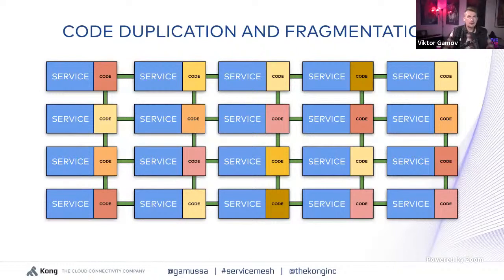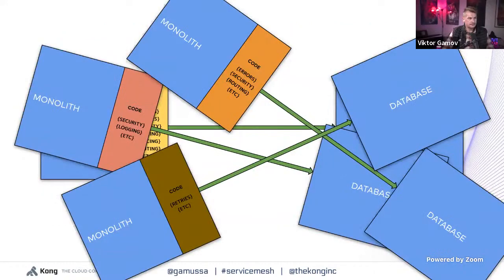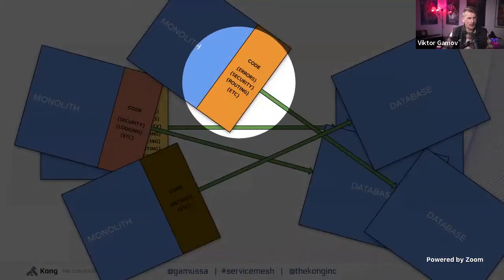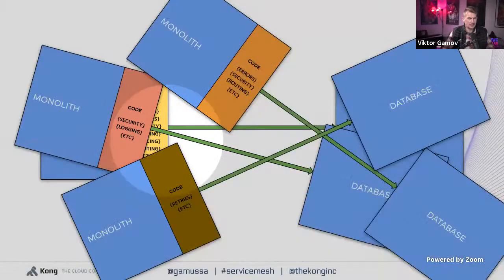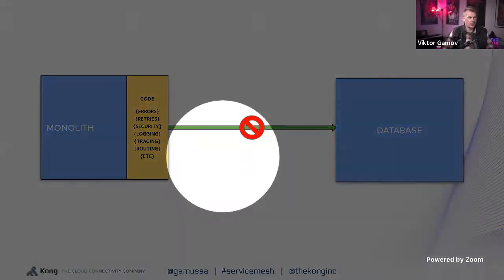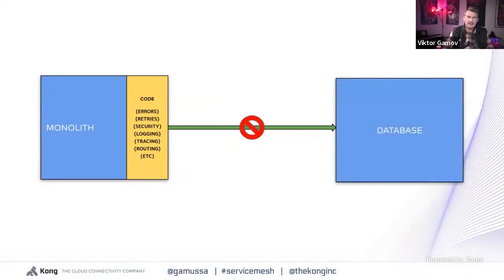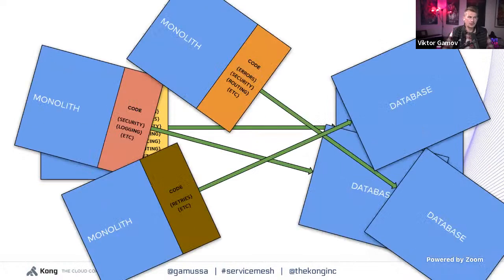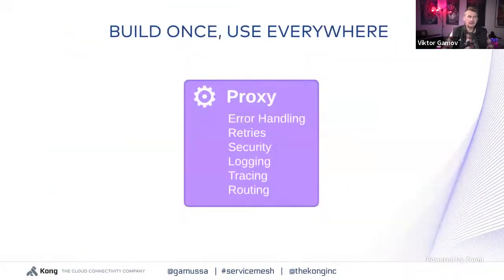So what if this piece of repetitive code we can take out from our application? No one would have to implement this. All the things with routing, security, logging and tracing. So we take this out of the application code and put it in something that will be taking care of this